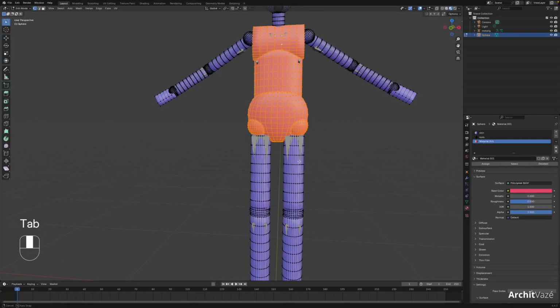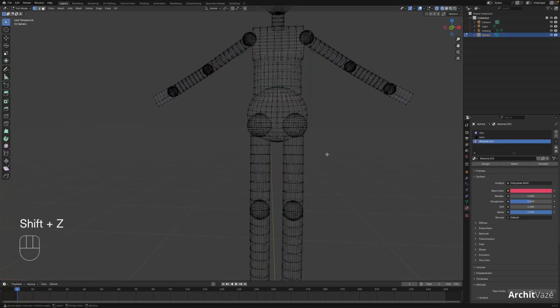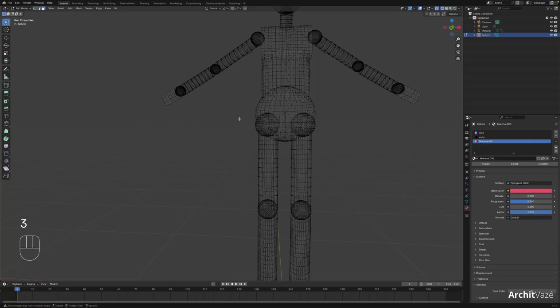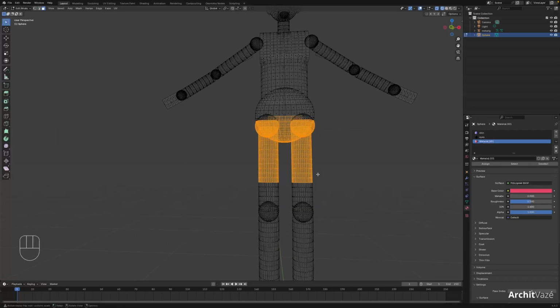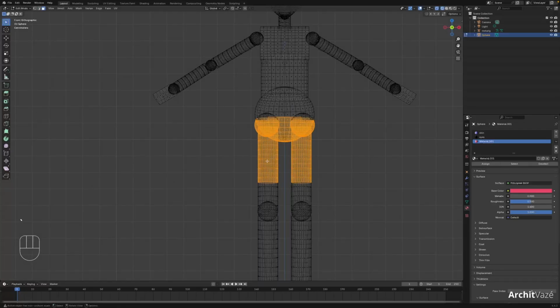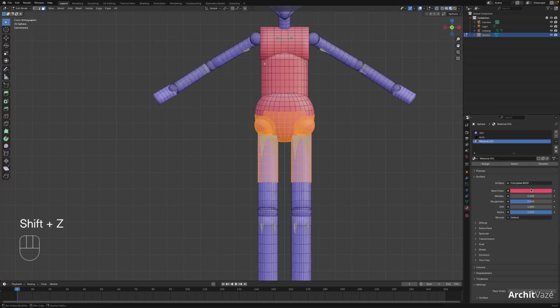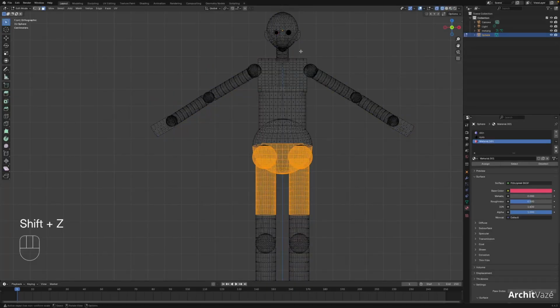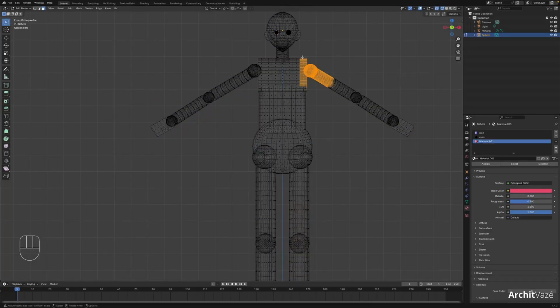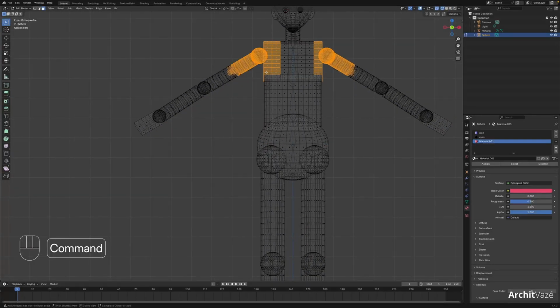I can go into edit mode, go to wireframe mode, and by selecting certain faces, right, I can even make sure that I am in front view so that I select all the faces in the wireframe mode and continue to apply that shader as cloth, right? I could do the same thing over here and there,